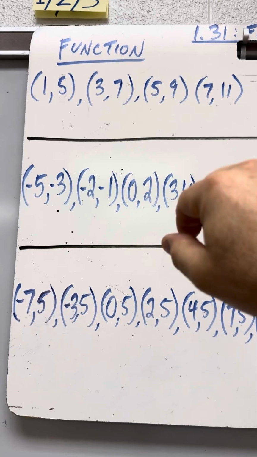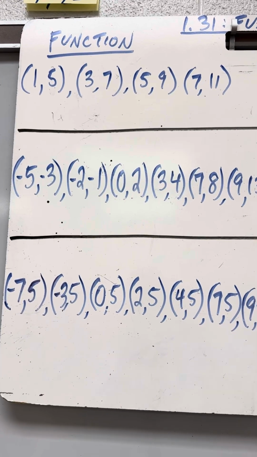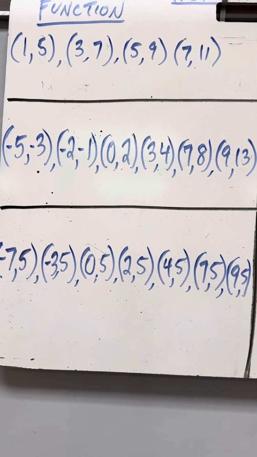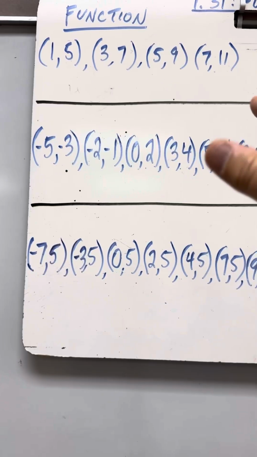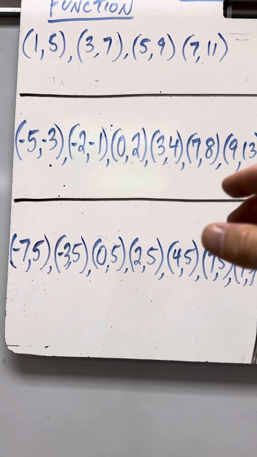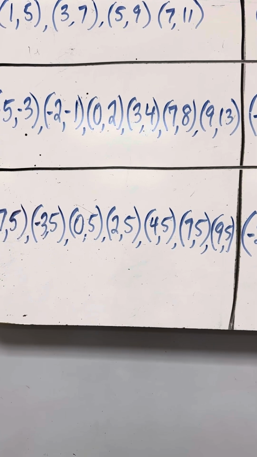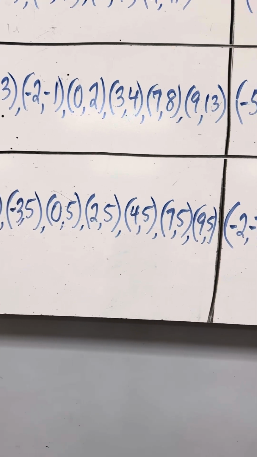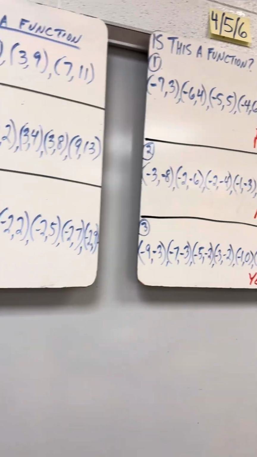It's a function because for each value of x, there is one value for y, all right? Now, they might say for each value of set A, which are the x values, there is one value for set B, okay? So play with that a bit, and if you get stuck, you're just gonna have to ask me in class,